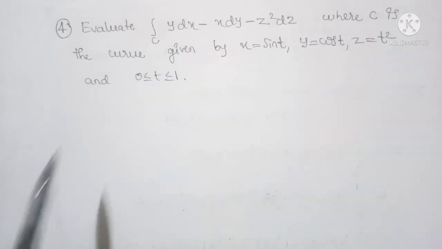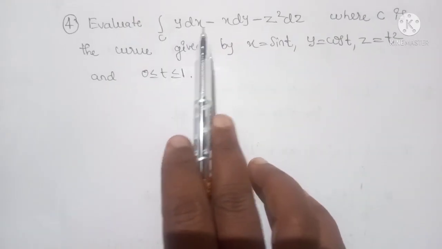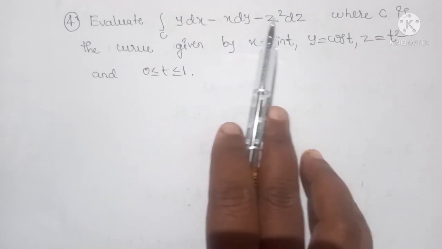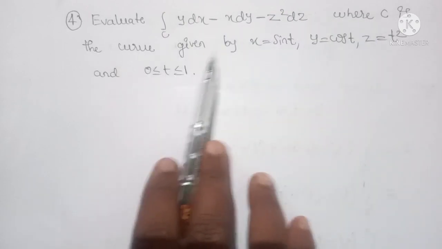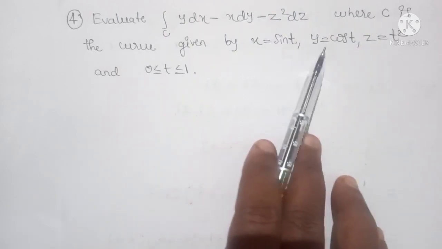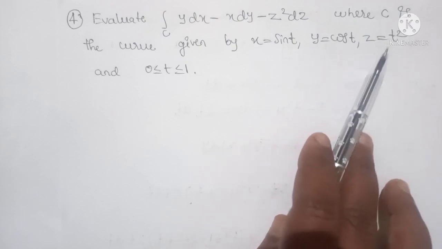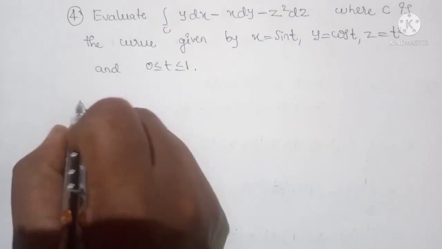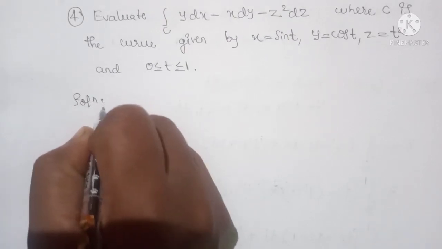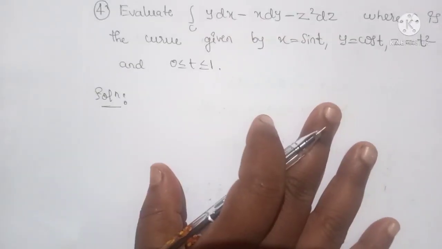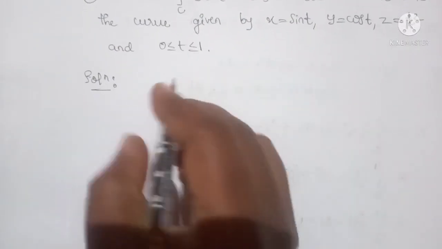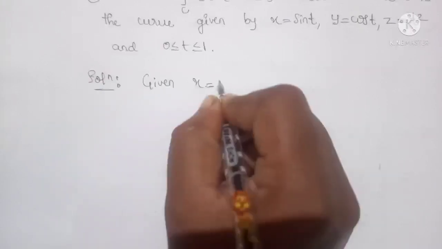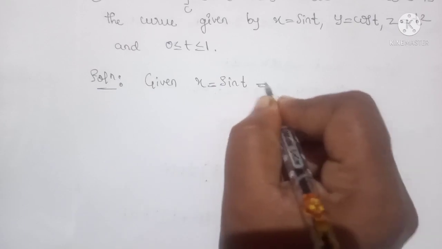Next problem, evaluate the integral over c of y dx minus x dy minus z square dz, where c is the curve given by x equals sin t, y equals cos t, and z equals t square, and t lies between 0 to 1. Solution, here also we follow the same steps. Okay, same method. So first we write the given parametric equations, x equals sin t,